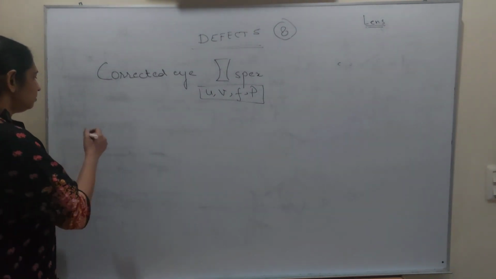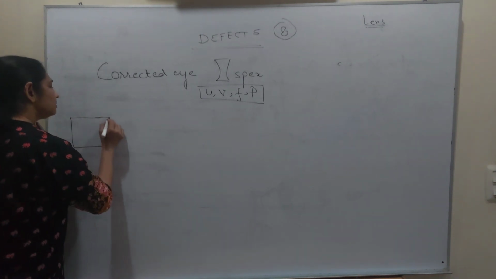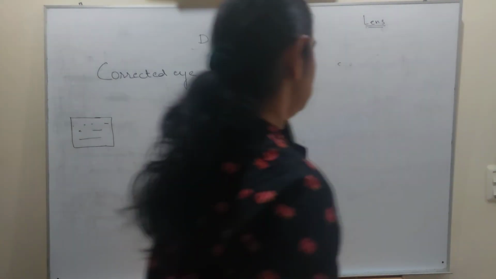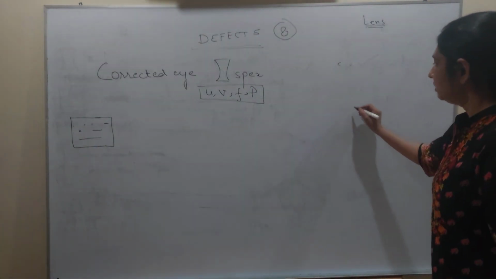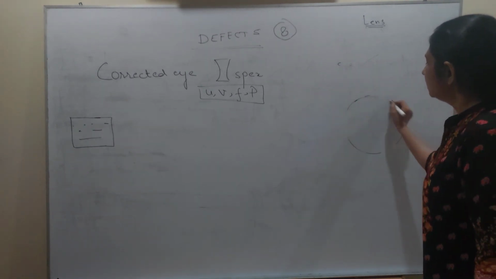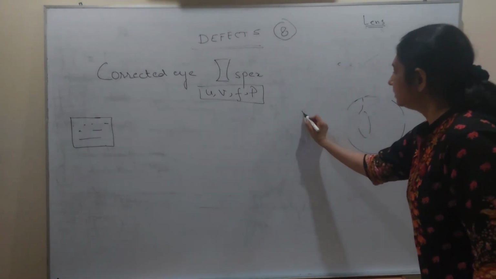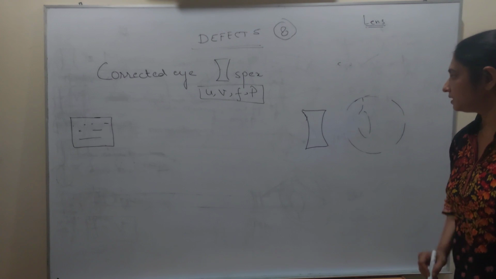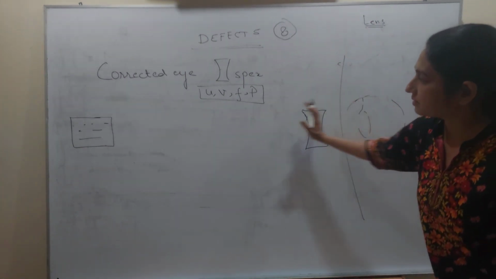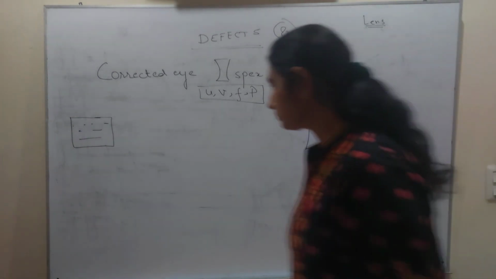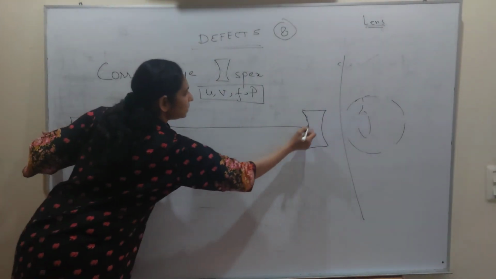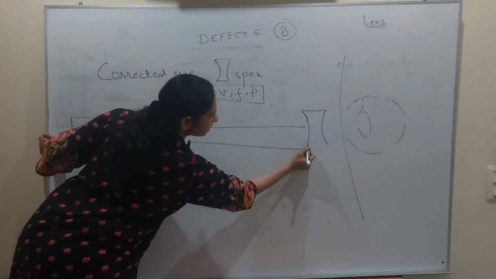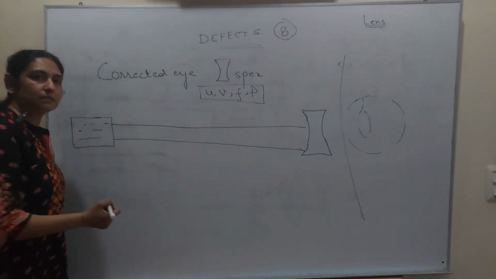Okay, so what we'll do, we'll limit ourselves to the specs only. Why should we go up to the eye? जब eye से हमें कोई calculation ही नहीं चाहिए. So okay, let me just make it. This is the eye, and here is the specs that we are wearing. Here is the lens we are wearing. Now we'll limit ourselves up till here. We will not be bothered about the eye, because everything is in context with the external glass specs lens.